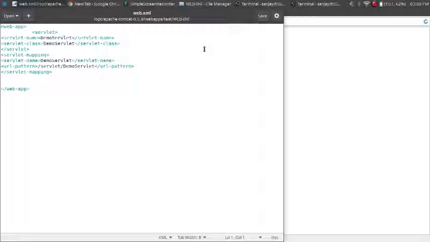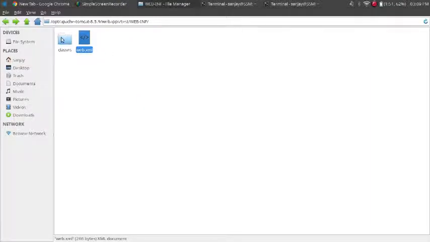If mapping is not correct, Servlet program will not run properly. So be careful about the mapping, and if this file will contain error, then your JSP program also will not run properly, and your Servlet program will also not run properly. So be careful while doing settings with this web.xml.